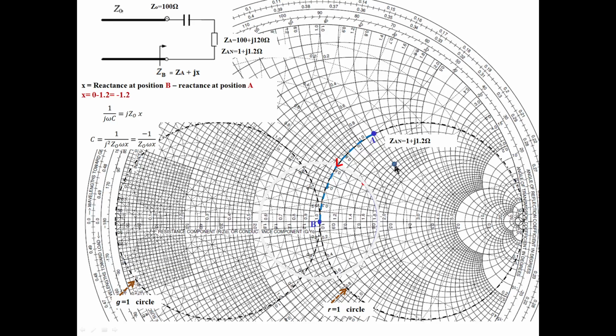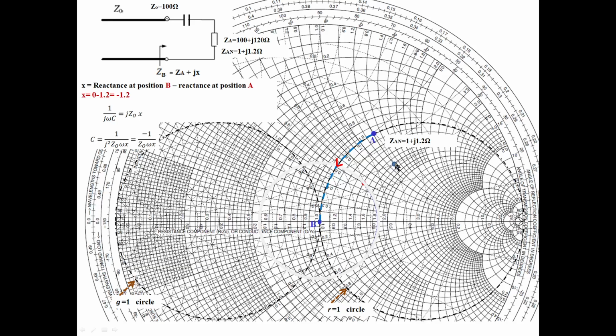So here two elements are needed. First you should reach the R is equal to one circle, moving on either a resistance circle or a conductance circle. So start from the load point, wherever it is, and move on either a conductance circle like this, or a resistance circle like this, and reach the R is equal to one circle or the G is equal to one circle. Whichever is the little smaller path, you can follow that. So what we can do from the load is like this.